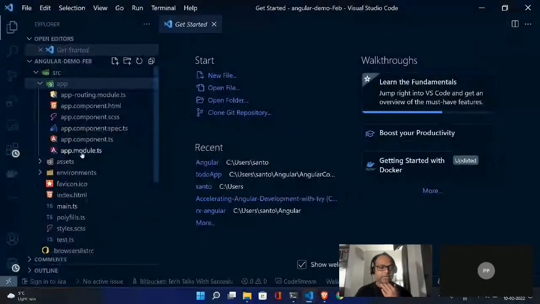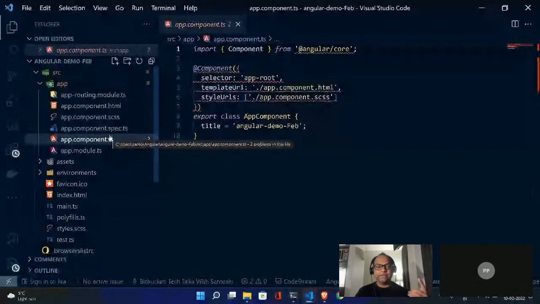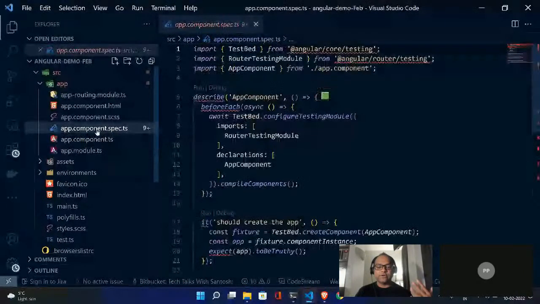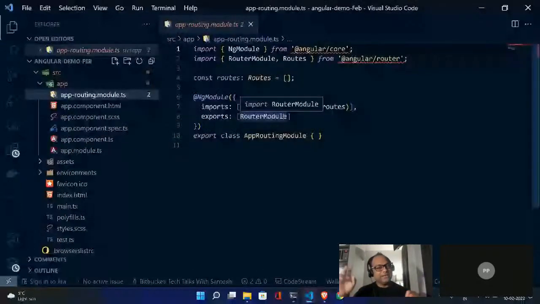So you will be able to see there is something called module, called component. And every component will have 4 files. So it will have your TypeScript file where you will write your logic, it will have a CSS file where you can write your styles, and it will have an HTML file where you can write your template. And this is how you want to create URLs, for example, here, right?